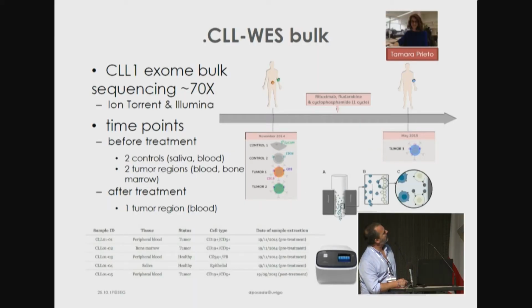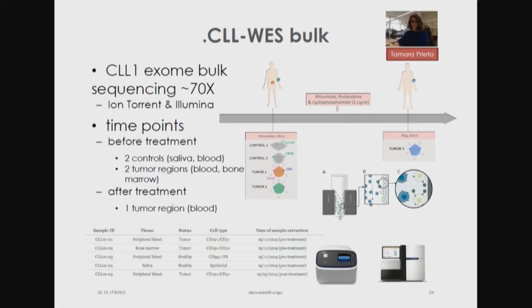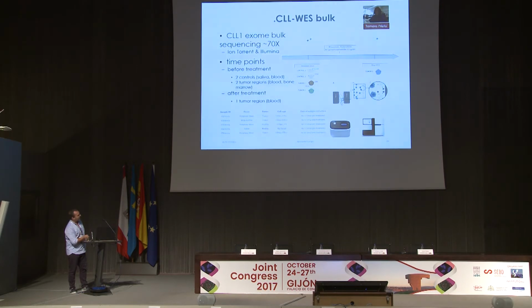How about leukemia? In leukemia, instead of focusing on the spatial setup, we do have some space because we can have samples from the bone marrow and samples from blood. But the advantage of studying leukemia is the capability of getting longitudinal samples in time. So we can get blood at different points in time from a patient and follow up the genetic changes. So we are doing that. Tamara is a PhD student taking care of this. So these are the methods. From this patient, we were able to get samples before and after treatment, which is very nice.